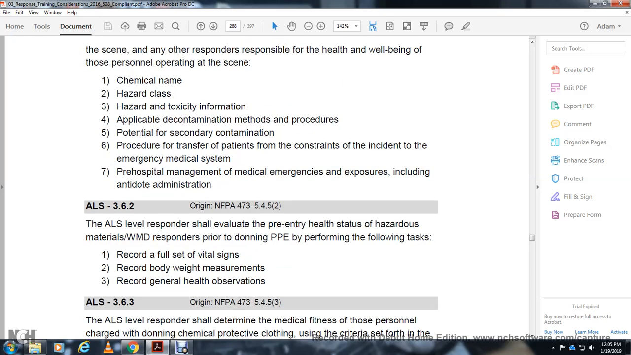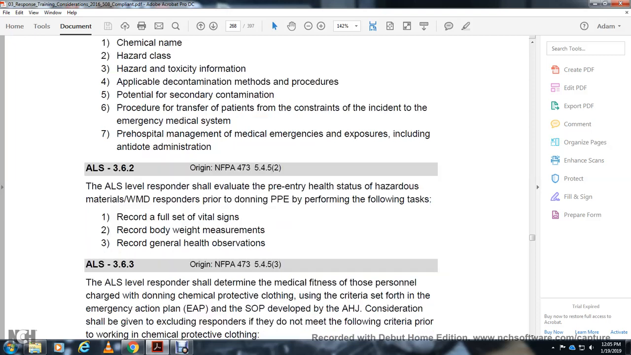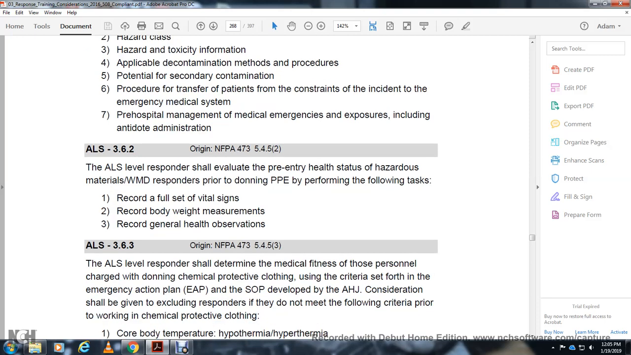Advanced life support responders shall perform pre-entry health screening of the weapons of mass destruction responders prior to donning the personal protective equipment by performing the following tasks: recording a full set of vital signs, recording body weight measurements, and recording general health observations. Advanced life support responders shall demonstrate the medical fitness of the personnel charged with donning chemical protective clothing, with the criteria set forth in the emergency action plan and